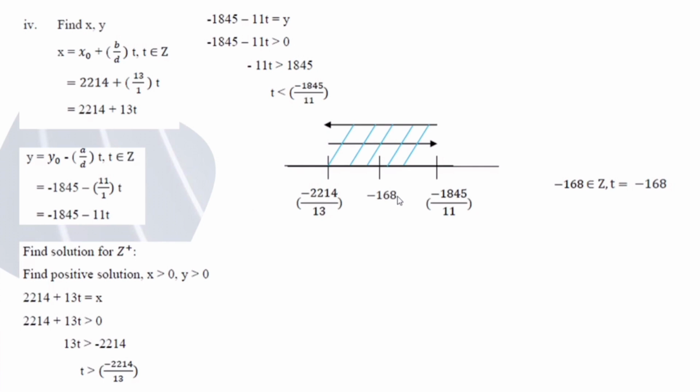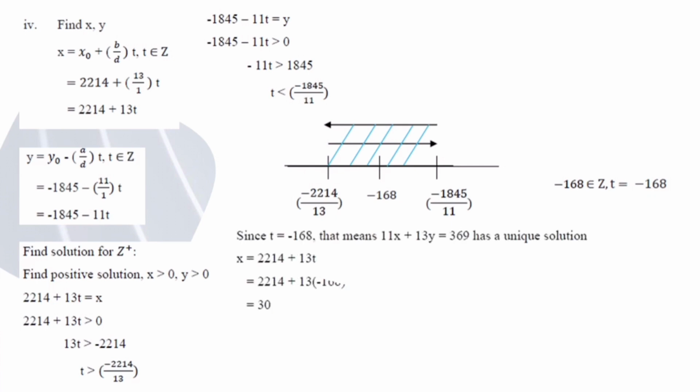Now, here represents the range where we can say that negative 168 is the element of Z, and t is equals to negative 168. Since we know that the value of t is equals to negative 168, that means the equation 11x plus 13y is equals to